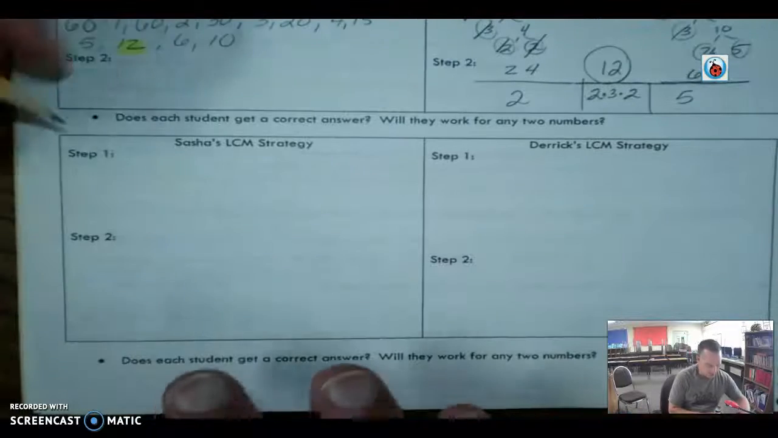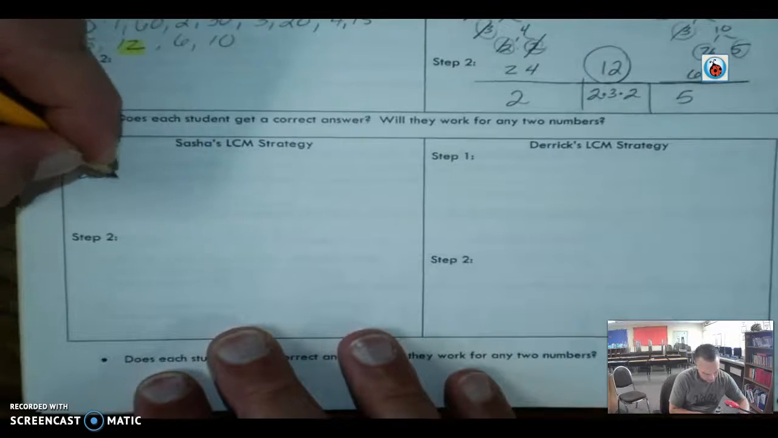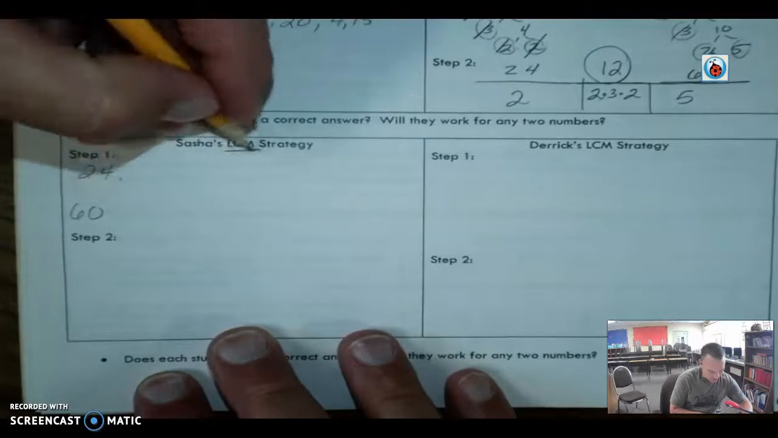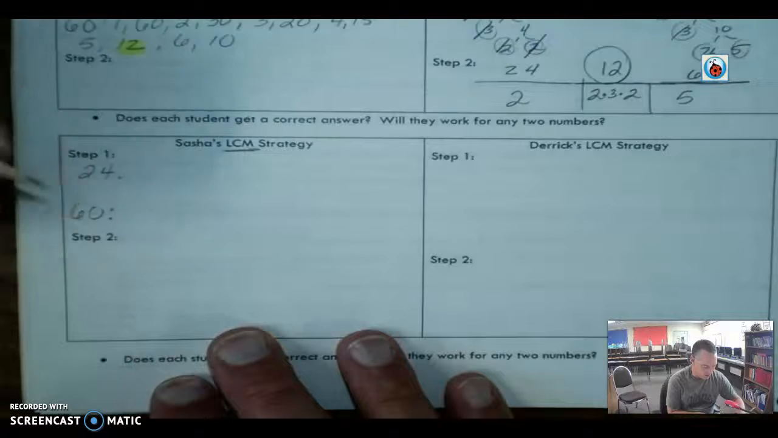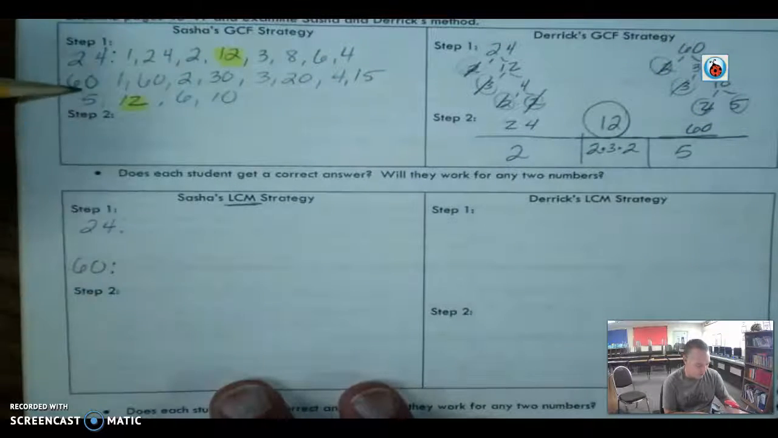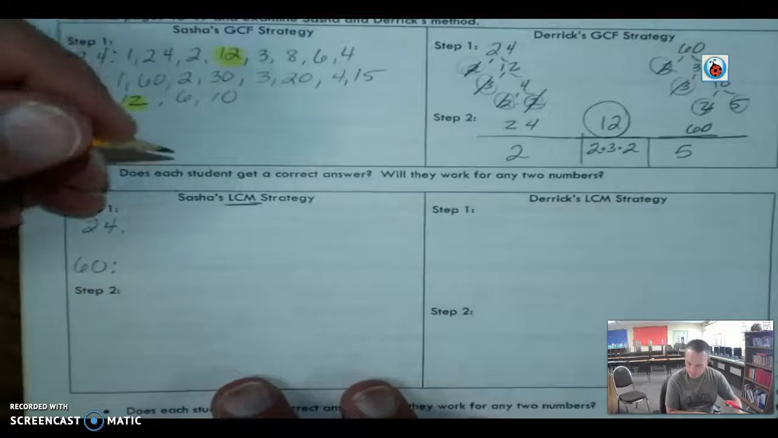Okay, so Sasha's strategy, I know you can't see it, is to list all the multiples of 24 and 60, because now we're talking about the lowest common, or the least common multiple. That means the lowest number that they both share. That's a multiple. Remember, factors are equal to the number or smaller. Multiples are equal to or bigger. So it's going to be